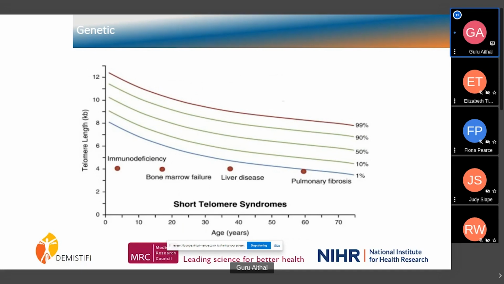And if you look at that kind of cohort, you see as you go along, the more telomere length shortens, the more organs manifest. So they might initially manifest with some bone marrow manifestations, and then you might get liver diseases, and then you get pulmonary fibrosis. And if they come to different specialties, one will be focusing on it on their own, but there is no preparation when they come to pulmonary fibrosis, and they end up with disability and very rapidly die.